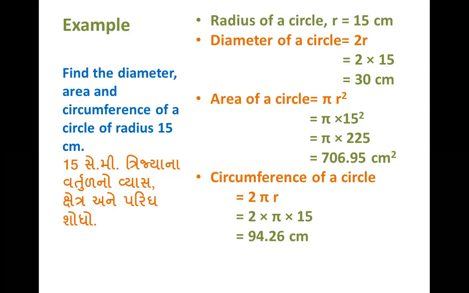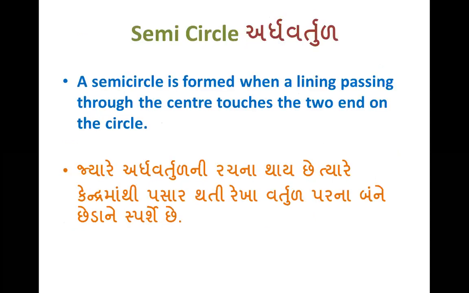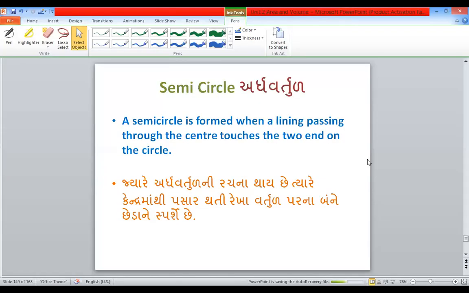Now we are moving on to the next figure, because our today's topic is circle and semicircle. So what do you think about the semicircle? So this is the definition of the semicircle. It's just half of a circle. This thing is known as a semicircle in our language. But the definition of the semicircle is on your screen. Look here, this is your semicircle.